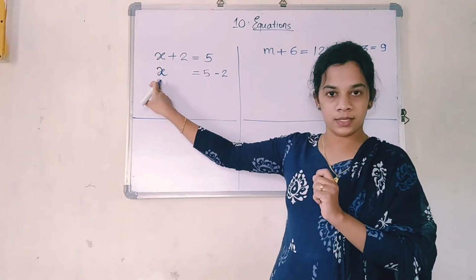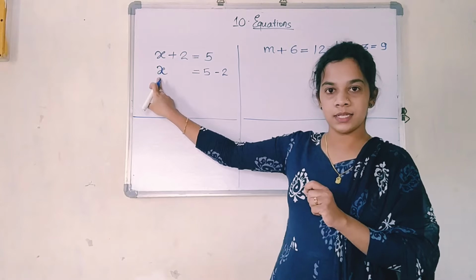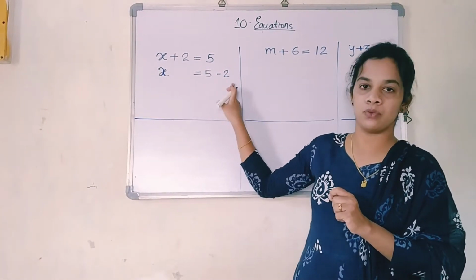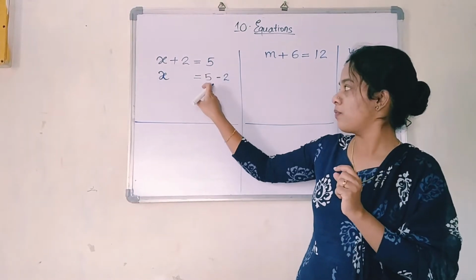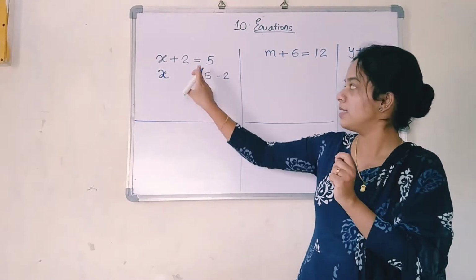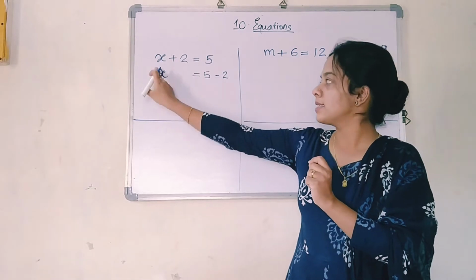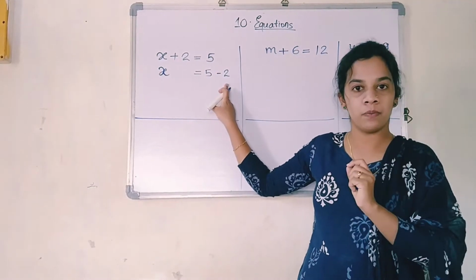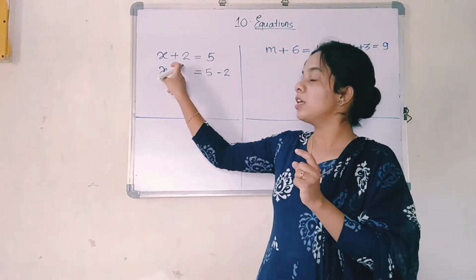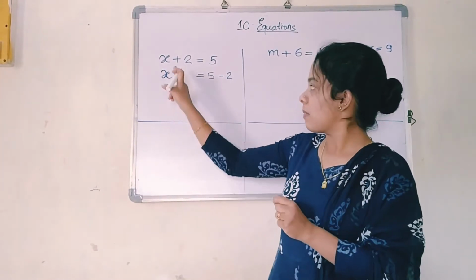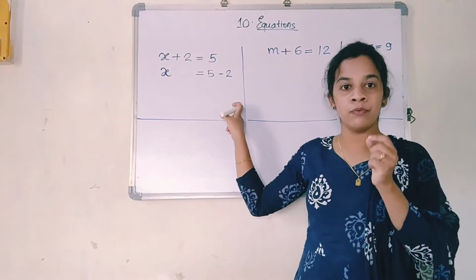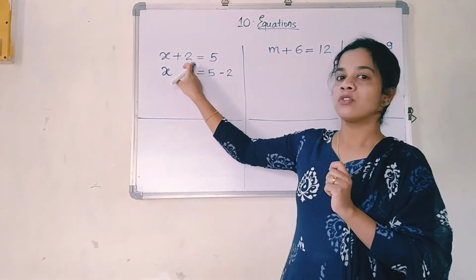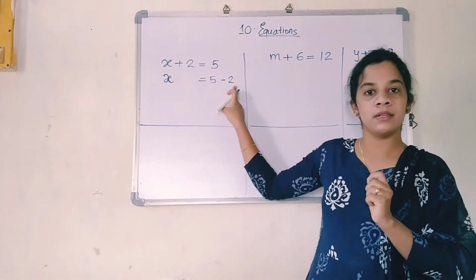Again I am telling what we did. I want the value of x. I kept the x as it is. This plus 2 I shifted over here and made it minus 2. I have not changed the place of 5. I kept the 5 as it is. You can clearly see my equal sign is below the equal sign, x is below x, and this plus 2 came over here and became minus 2. Now you will be thinking, teacher, suppose it was minus 2, if it was coming here it would have been plus 2. Right now it was plus 2, so when it came over here, it became minus 2.